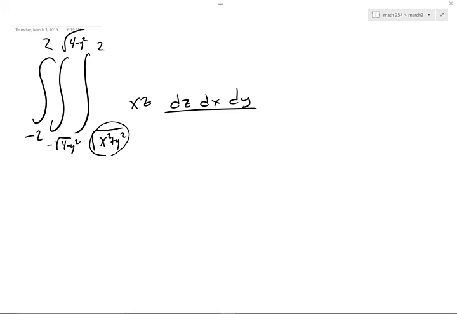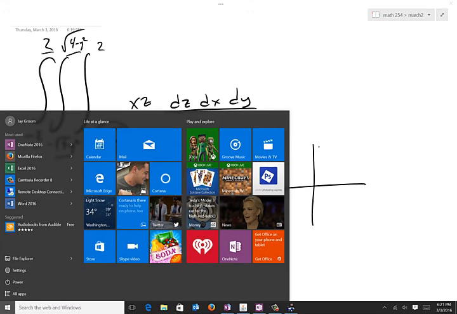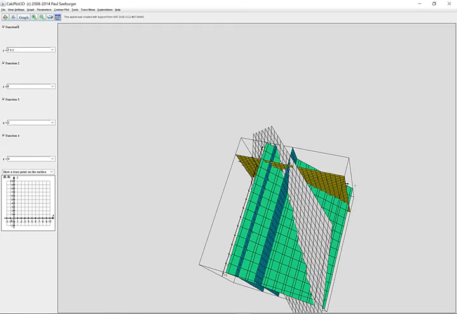Now, if you think about this, what is the square root of x squared plus y squared? That's if you had z equals that. If you had that down, obviously it's going to look somewhat cylindrical. That's a circle. This together all forms part of a circle. So if you had this set up the way it would be, it would look something like this. So let's go to the 3D calc plotter,